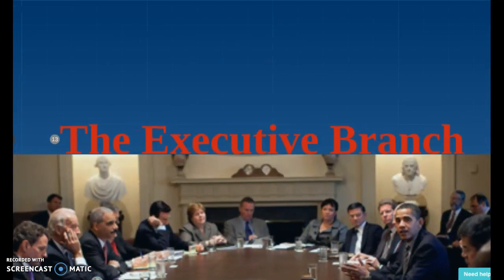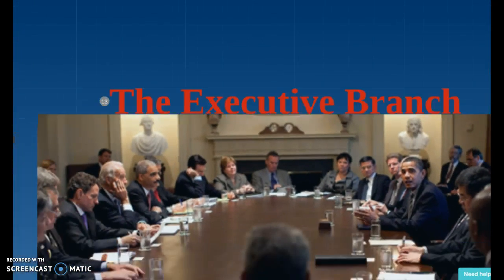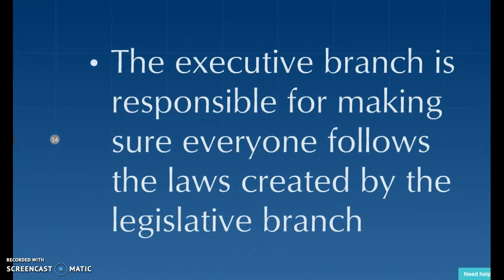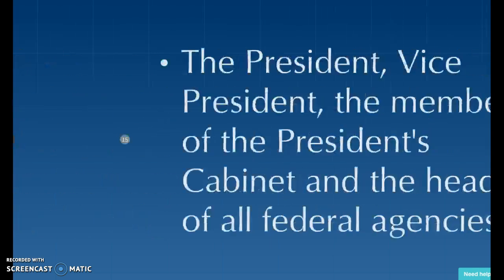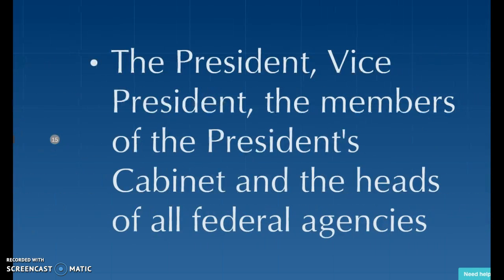Now, for the executive branch, this is one that's pretty popular here. This is the one that is well known for the presidency. The executive branch is responsible for making sure that everyone follows the laws created by the legislative branch. So they're kind of like the CEO of the government. They're making sure that all parts of the government are doing what they're supposed to be doing and that they're